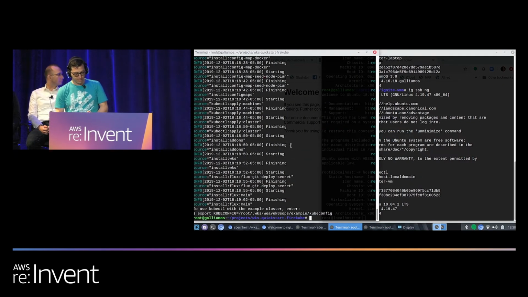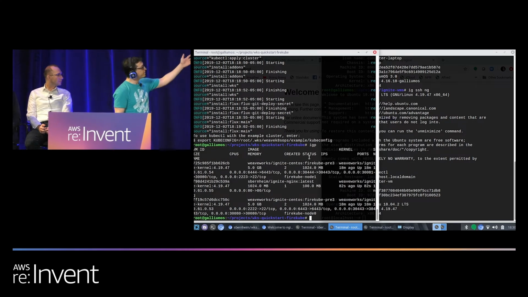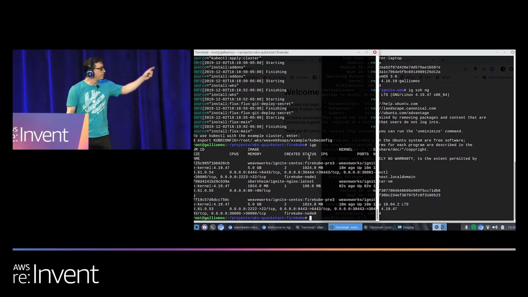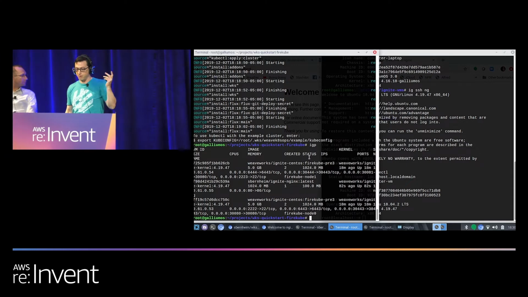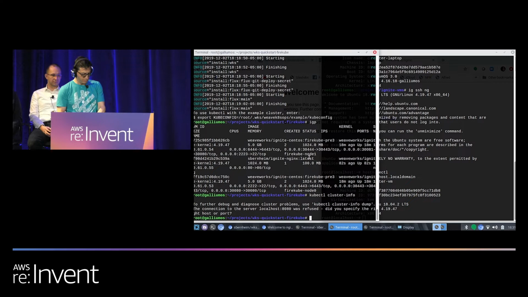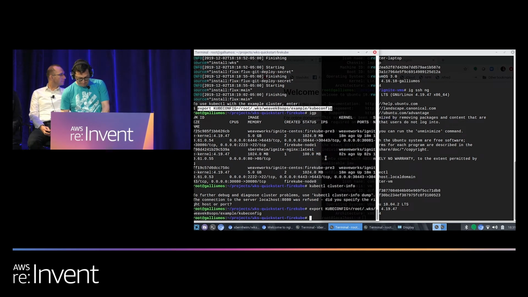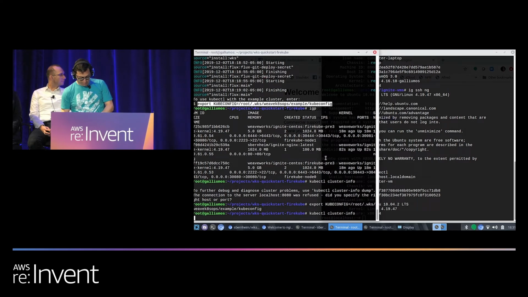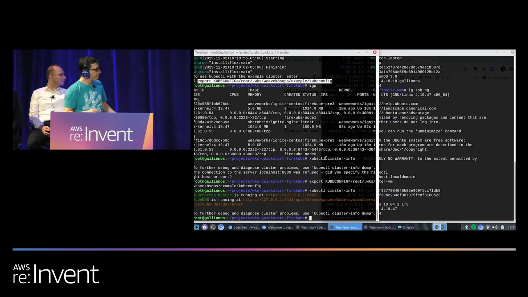Over here, so that you did not have to watch the giant wheel turn, you can see we are running a Kubernetes cluster. And my alias to list out, this is a list of the Ignite VMs that are running on the box. You can see that there's a node and there's a master, and also the Nginx container that I just spun up. Pick up the kubeconfig file, and voila! We're running a Kubernetes cluster